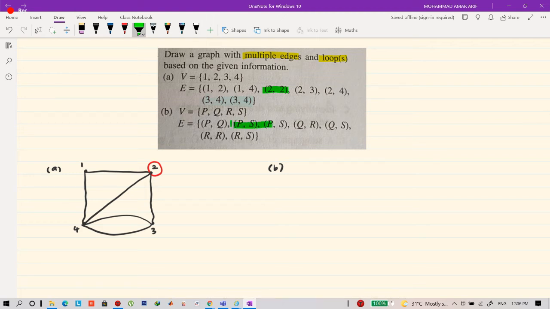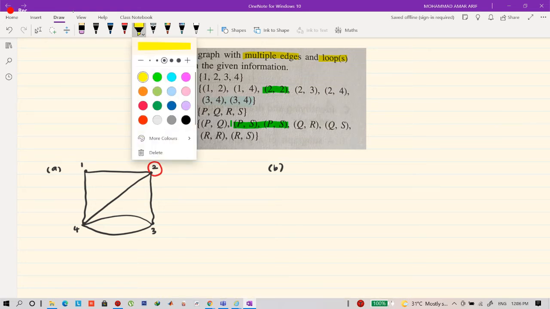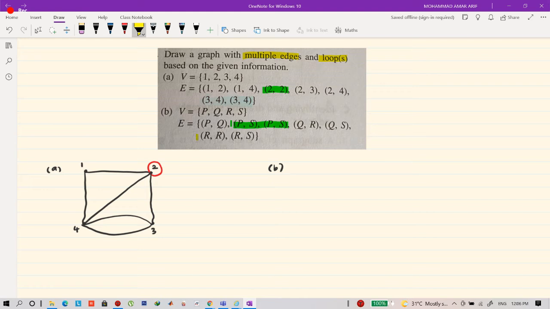So now this is your multiple edges, and the other thing here, RR, is your loop. Yeah, so from here what we're going to do, we have 4 points, 1, 2, 3,